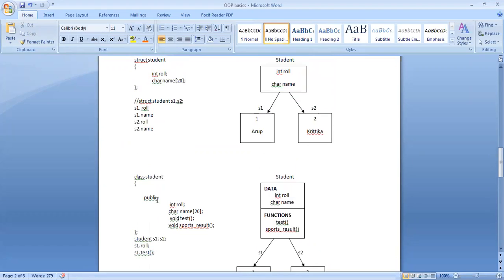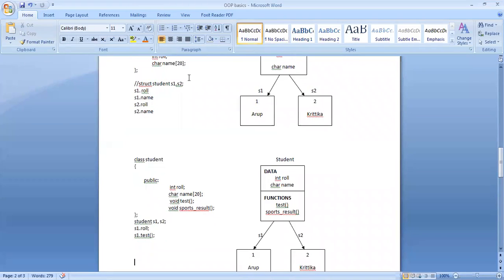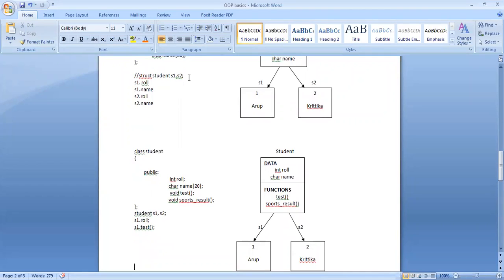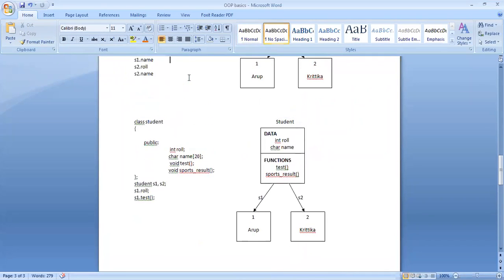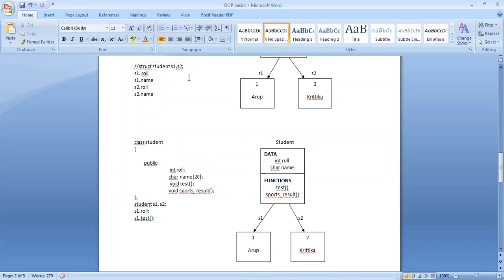is the same as in class, provided structure cannot implement objects in the real world because structures cannot define behavior or functions, but classes define the behavior along with properties. That is why we use classes in real life applications. So this is actually the basic idea of classes and objects and how it is different from structure in C. Okay, so I'll end the class here.